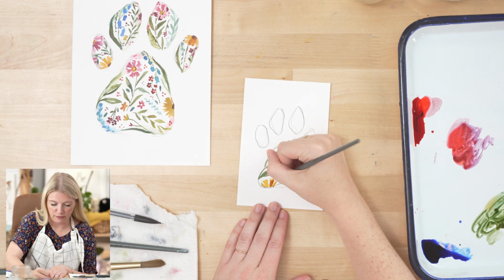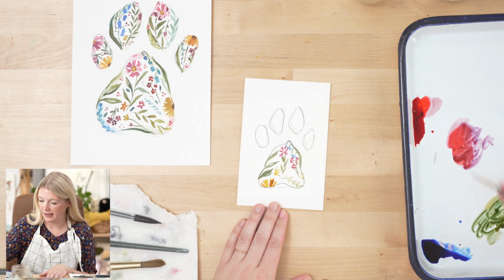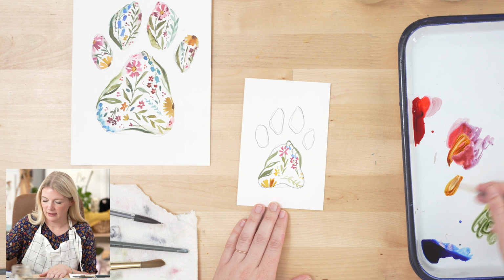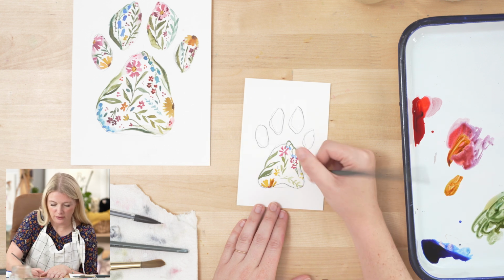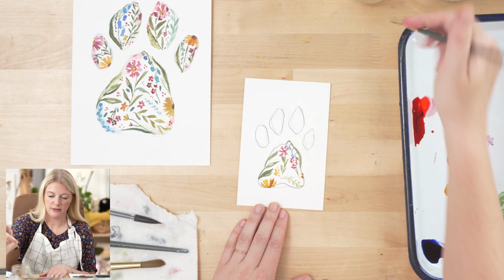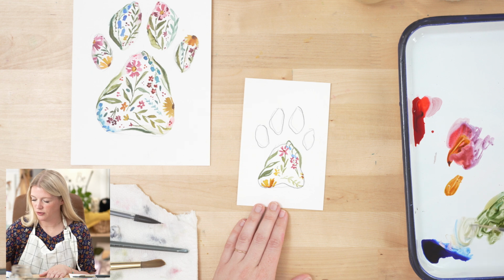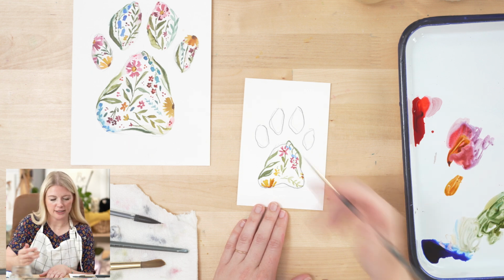And if you don't have enough room for a whole flower, you can just do a little flower. I like to do little leaves maybe coming out. You can do yellow for the centers. It's nothing too serious here. We're just doing this cute little